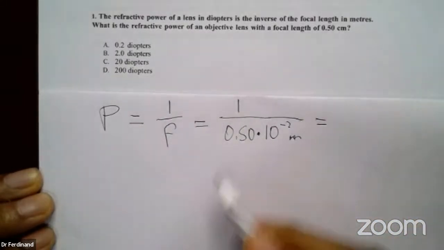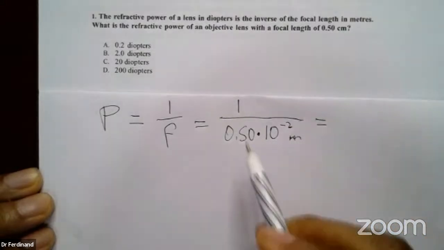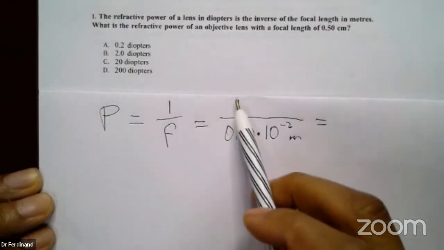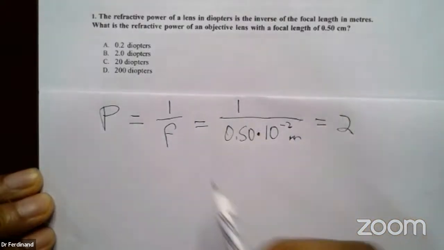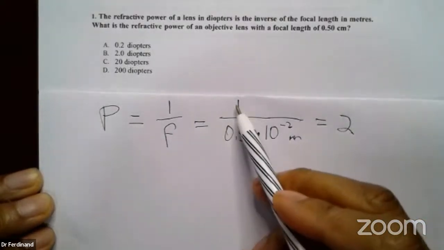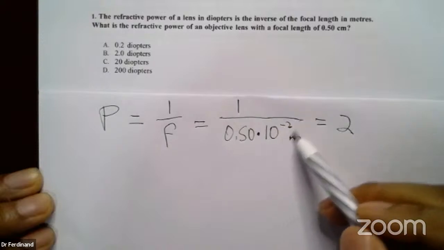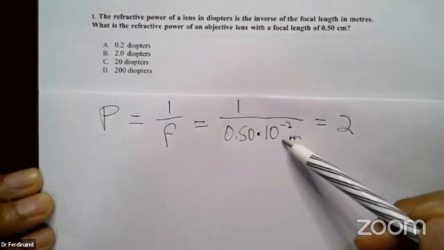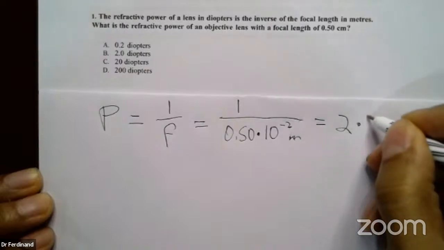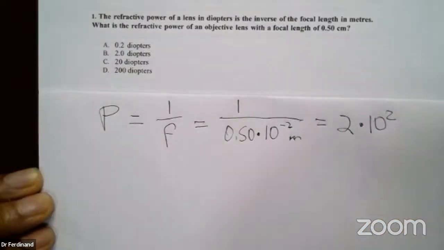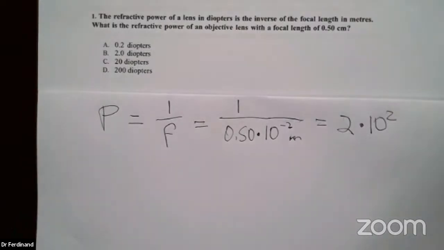So now looking at this, I have 1 over 0.5. So 1 over 0.5 is just the number 2, because 1 is twice 0.5. So this is the number 2, and I have 10 to the minus 2 in the denominator here. And to bring this upstairs, we change the sign of the exponent. So that's just basic algebra. And don't worry if you didn't remember things like that. You just need a few weeks to practice the basic algebra, and then you'll be fine.